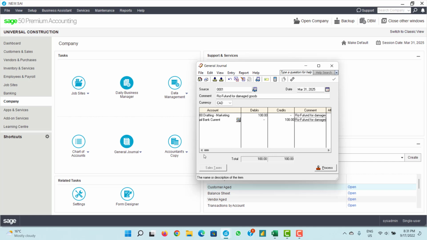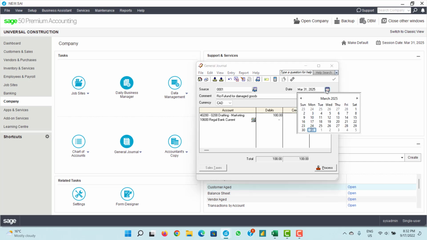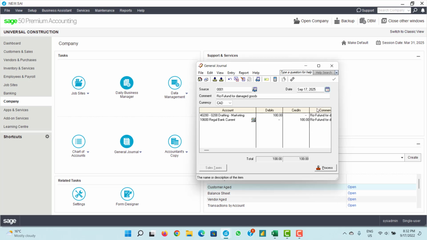So it will be more clear for the journal entry, and the date is March. It is the demo software. I probably cannot post in July, August. Okay, today is September 17th. Let's try. I'm posting for September 17th. If I click process,